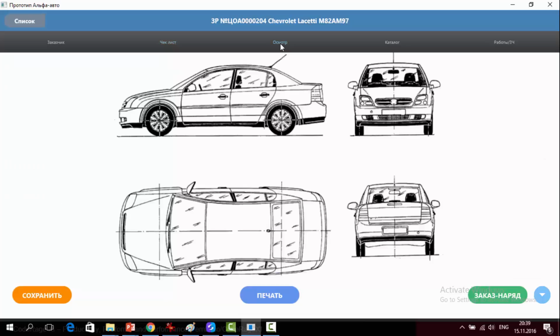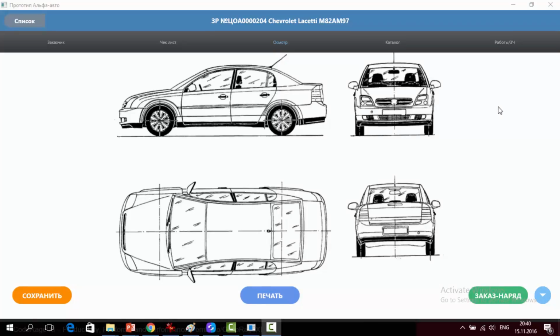And a very important option is the examination. For example, if the car has some scratches or maybe some dents, it should be checked when the car is passed away.